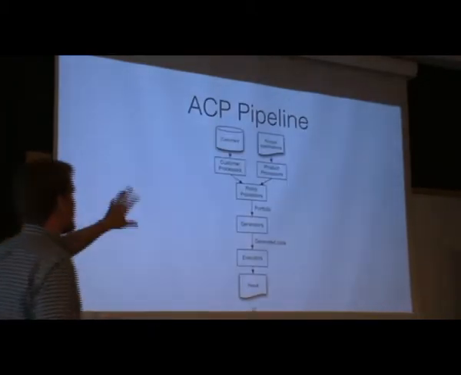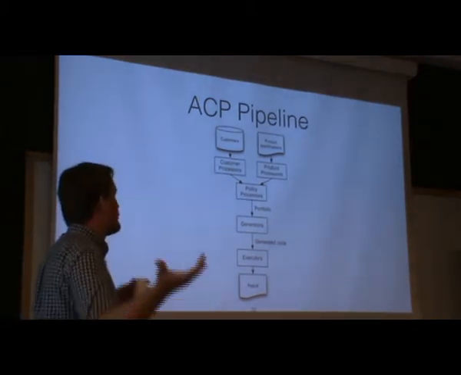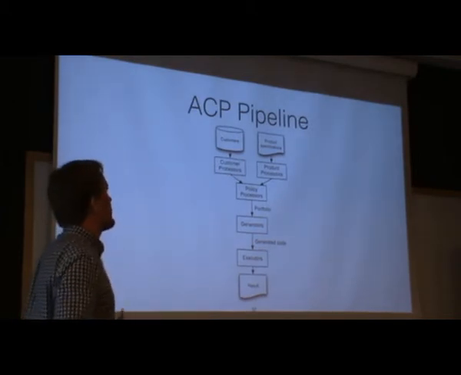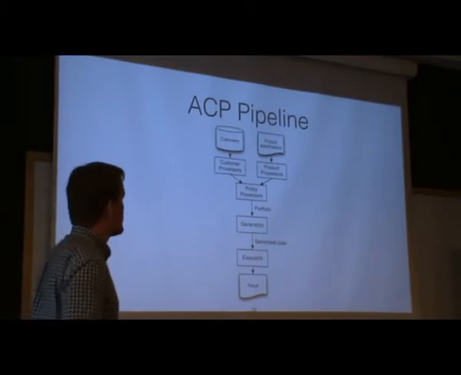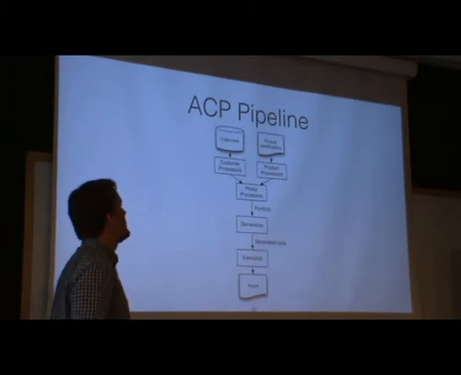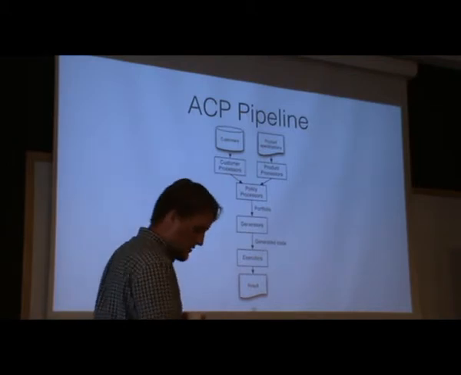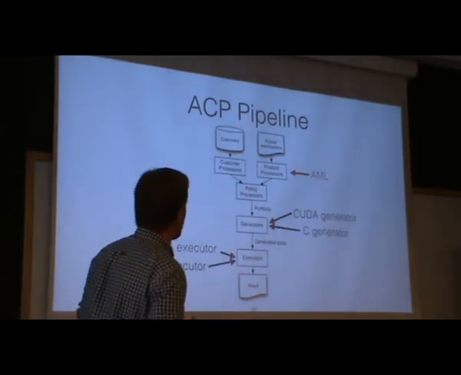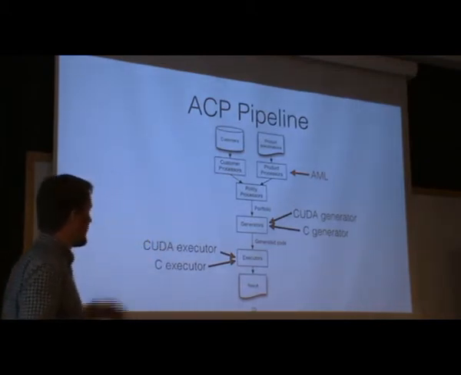So this is the pipeline we've built. With ACP, we read customers in from some place. We read product specifications in. Then we link customers to our internal representations of products, and then we bundle this into a portfolio, which we hand off to a generator that can generate code and execute it. And then we can get the results. In practice, we've written a CUDA generator and a C generator, and a CUDA executor